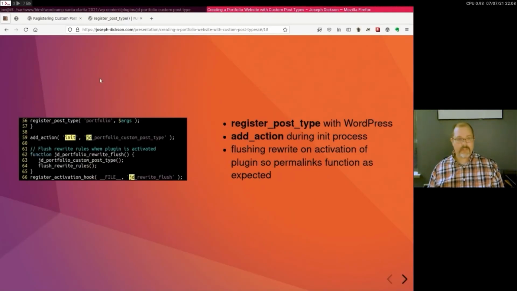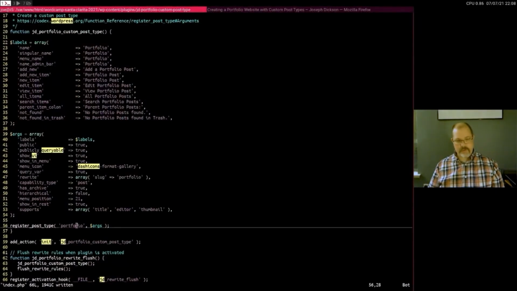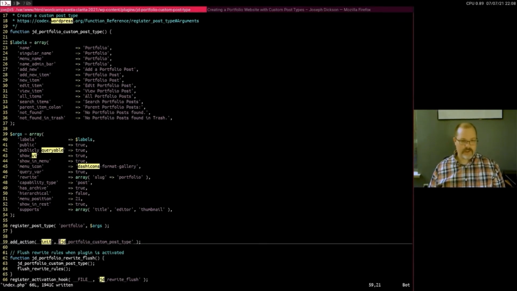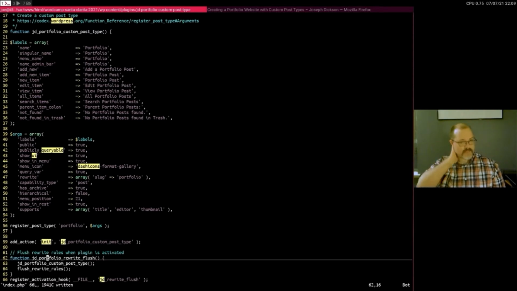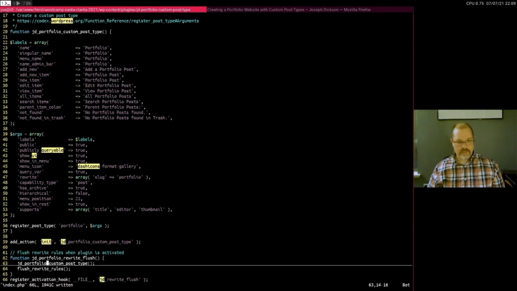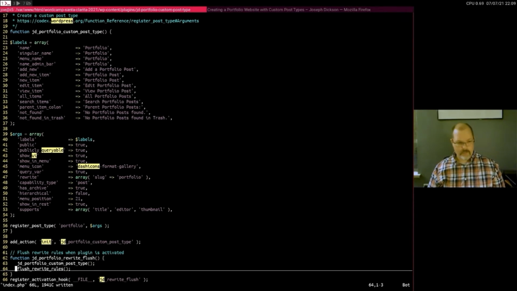So the last part of this plugin is the registration of post type. Without getting too specific, what we're doing is we're registering the name portfolio so that WordPress will recognize that as the slug. And then further along, we're setting it up in the init process so that it runs when the WordPress page loads. And then we create this function that will do these rewrite tools for when the plugin is activated, deactivated, or permalinks is